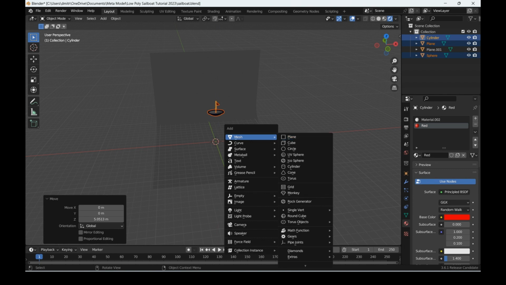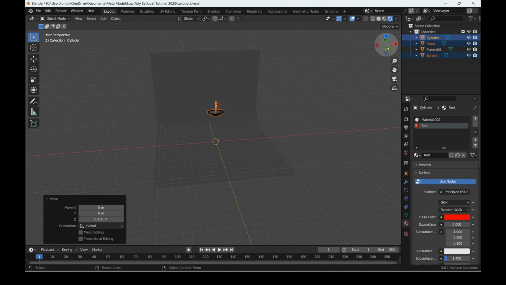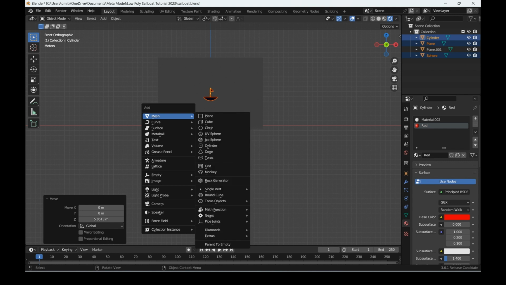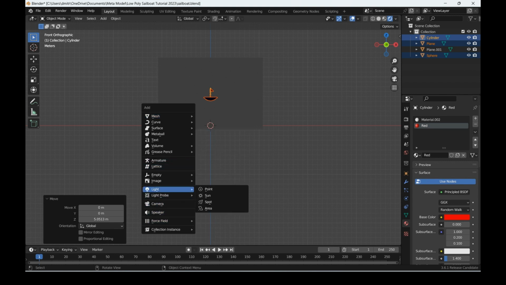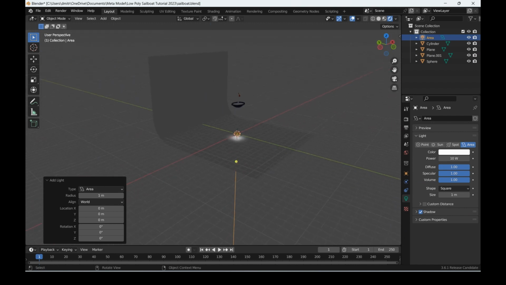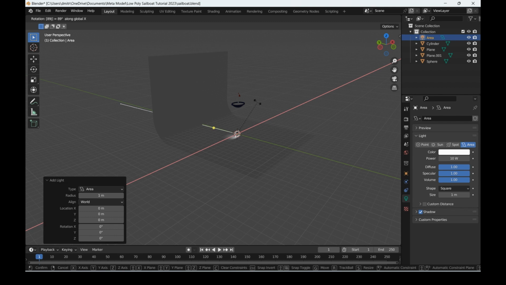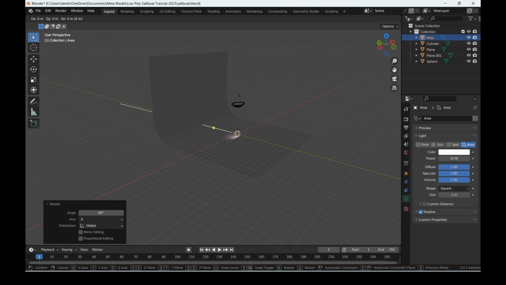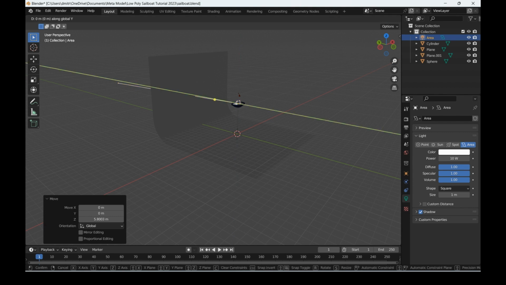What we're going to want to do is click -Y, Shift A, go down to Light, and click Area Light. Then click R, X, 90, G, Z, G, Y,